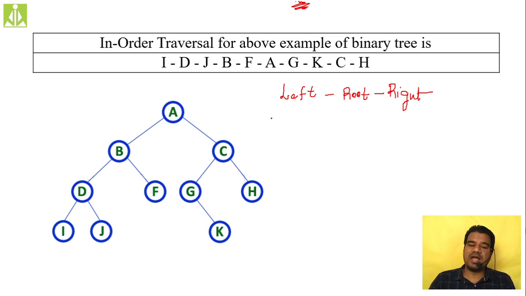As we said, we have to visit left node first. Go to the left node, B. Come to B and make B as root, because we have to perform recursively. So after A, as we have to visit left node, we are moving to left node and making it root node. Do we have to visit root? No, we should not. So move to the left again. Again, this D will become root.